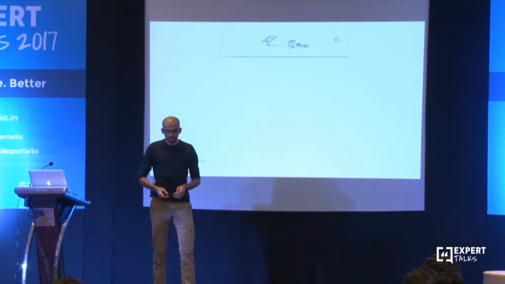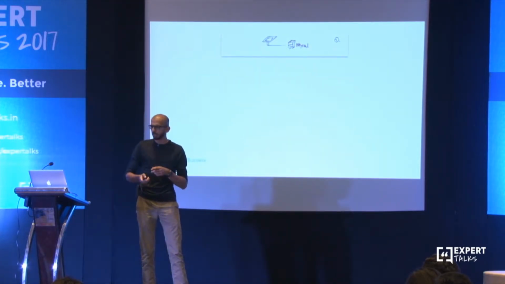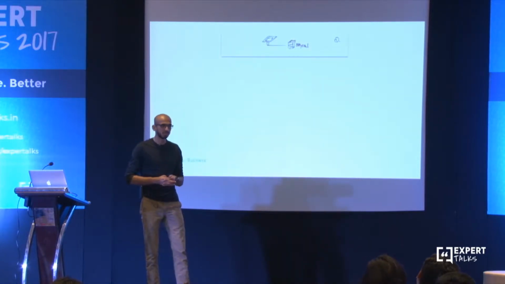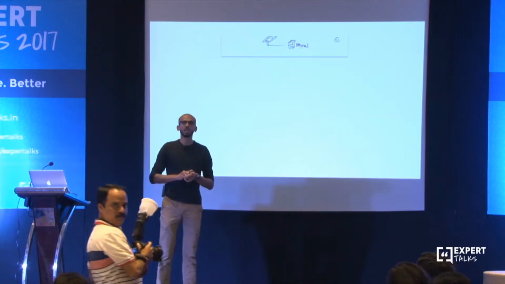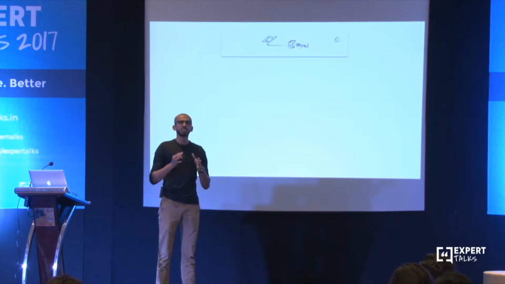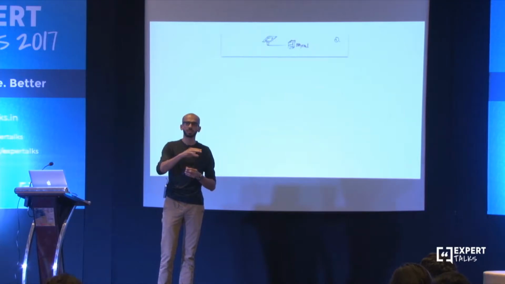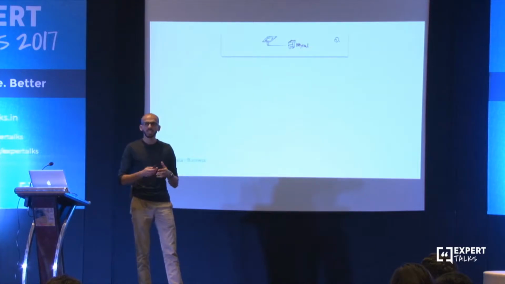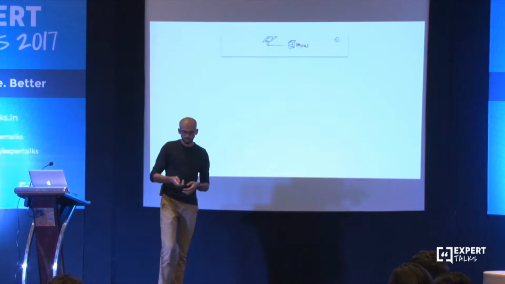So let's start with a small business. You have a point of sale system which is connected to a small MySQL database. You are selling stuff. The problem we're trying to solve here is to identify the most profitable products in the form of the least shelf life. That is, the product that stays for the least amount of time on the shelf after it is procured and before it is sold. Fairly easy to solve in this setup. You just have a small DB, you connect to it and figure out your answers.